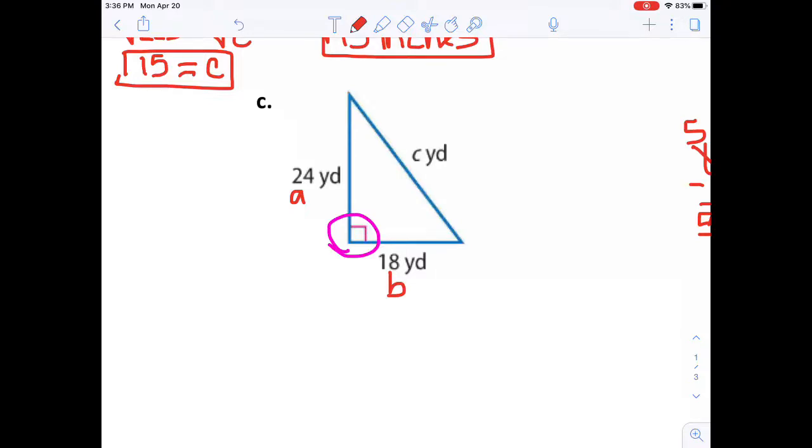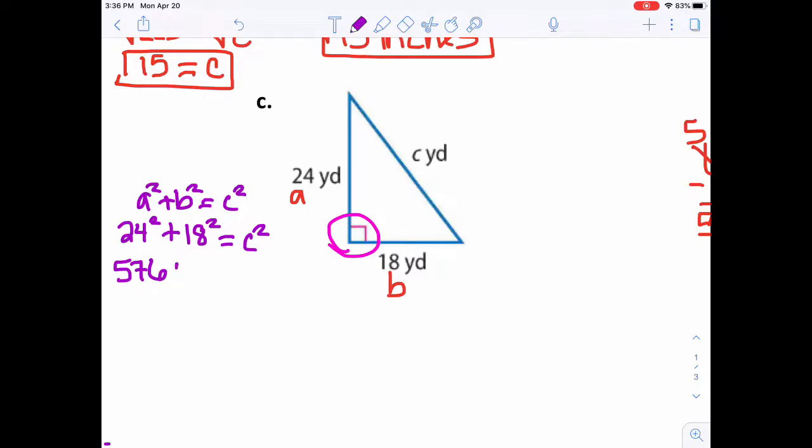Okay, we're going to go ahead and start again with the Pythagorean theorem. We've got a squared plus b squared equals c squared. The a is 24, so that's going to be 24 squared plus, we do know our b is 18, so 18 squared equals c. We don't know c, so we're going to leave it c squared. We're going to go ahead and solve 24 times 24. If you put that into a calculator, that is 576. Plus 18 times 18, remember we did this in class when we did the practice for our squares unit, and that's 324